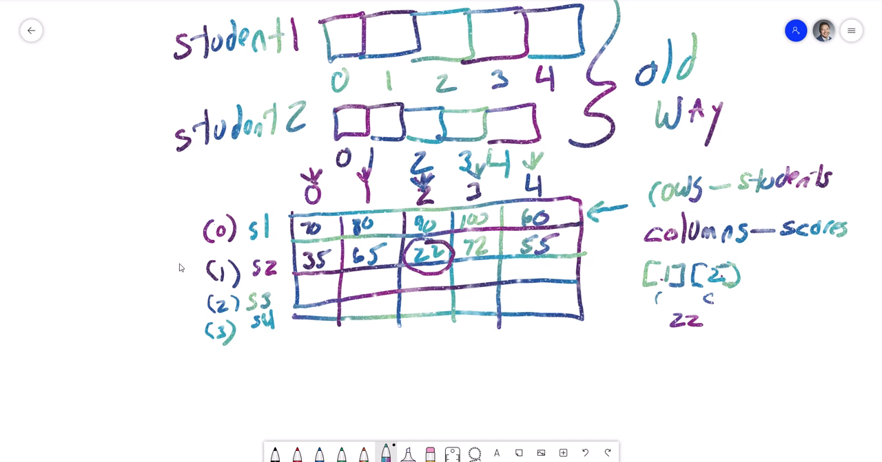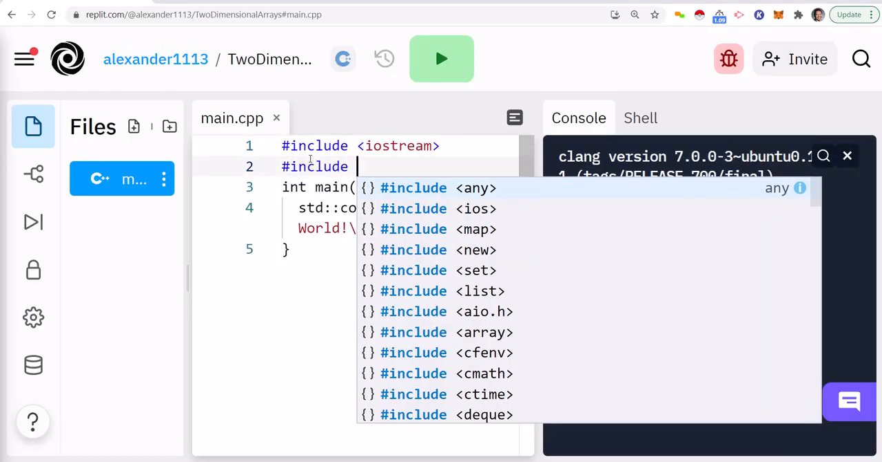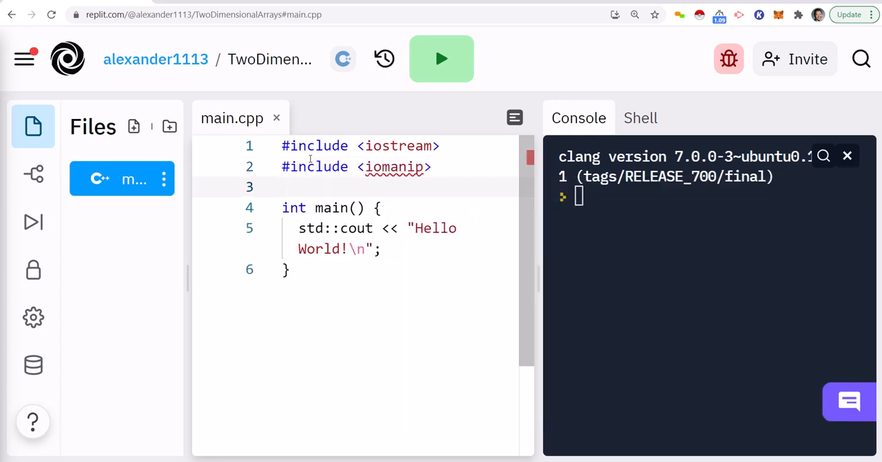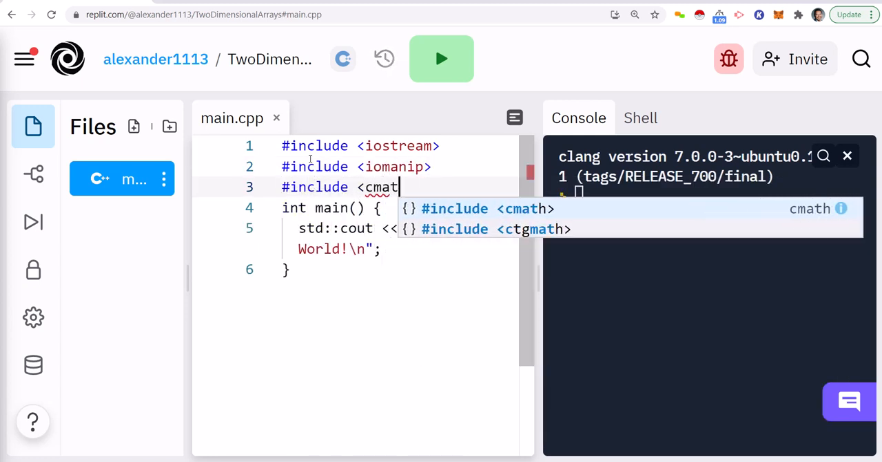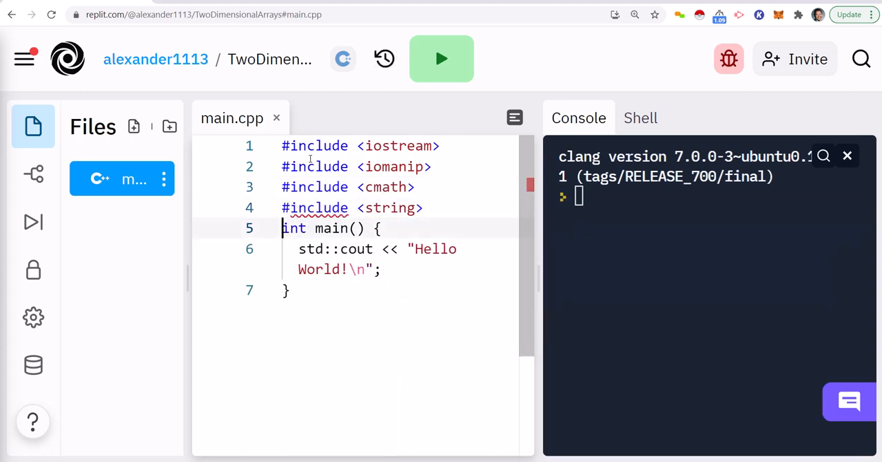Okay, so we're trying to create a program that is going to, let's say, populate a two-dimensional array that represents students and scores. Okay, so let's do that real quick. Let's go back here. Okay, as always, I am going to include my headers. All right, so